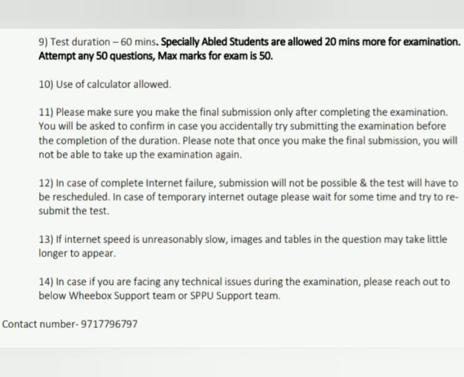9717779697. I just want to tell you, my dear students, make sure which device you are using for your final examination. In the mock test, just try to check which device will work properly for you, whether mobile is working properly for you or whether desktop is working properly for you, and you have to use the same device for your final examination also. And one more thing, the user ID and password will remain the same for both tests.